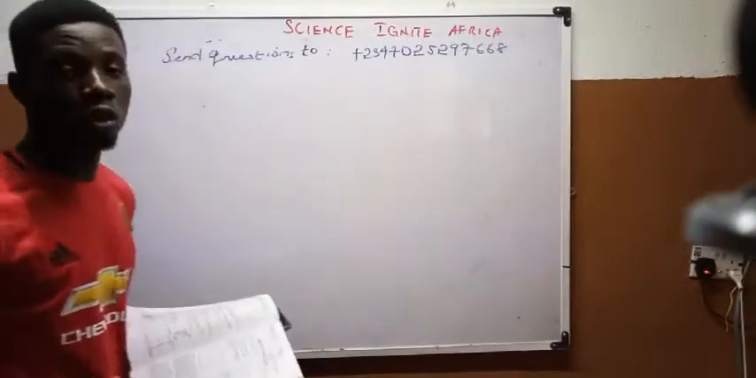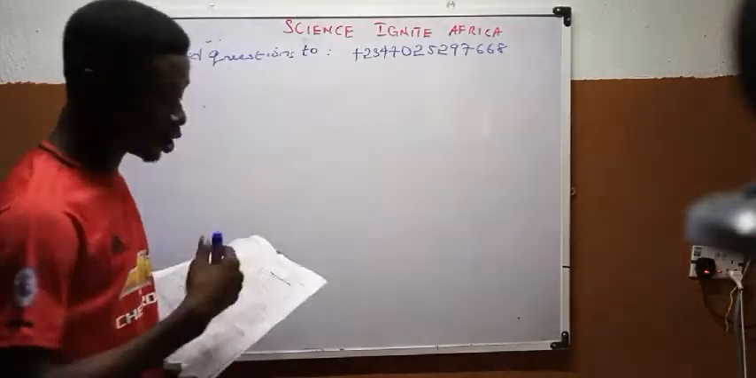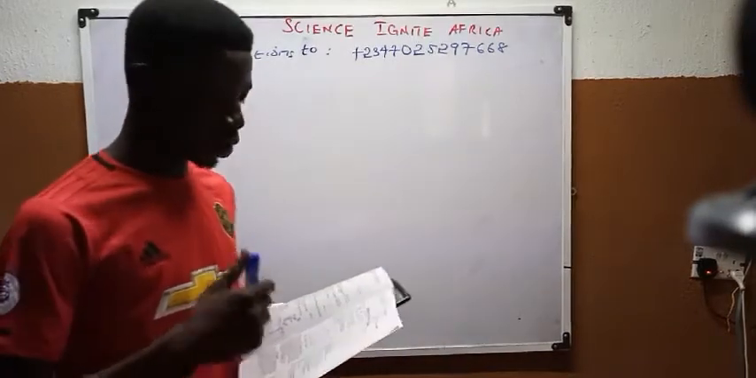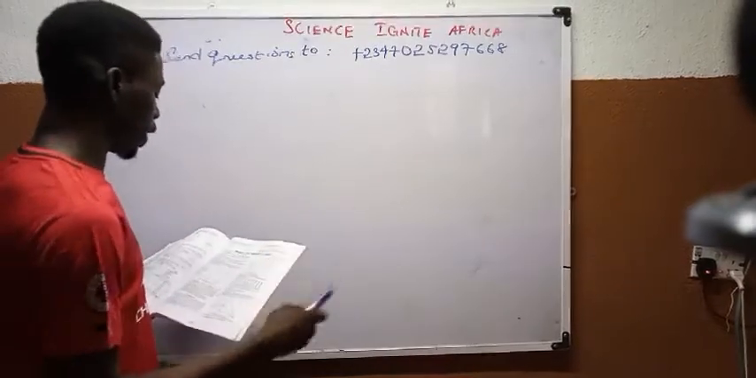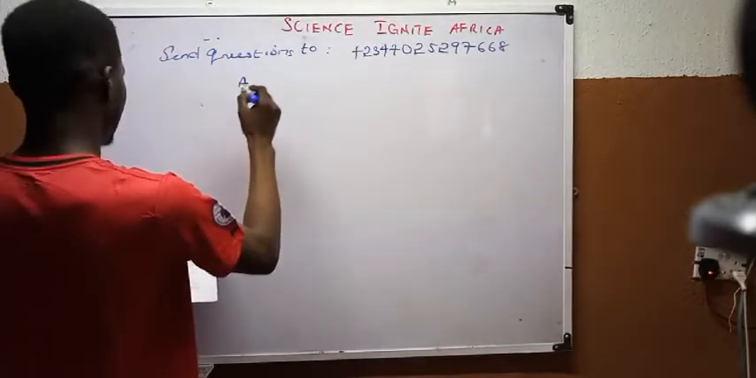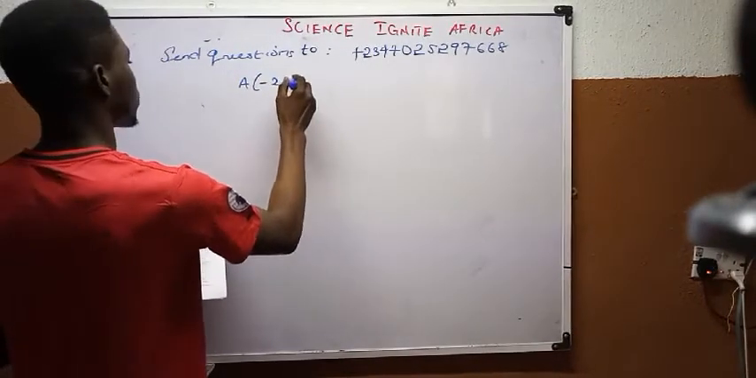So I have a question here. The question is on coordinate geometry. The question says, find the equation of the line. I'm taking it from the 2019 theory question 2a. Find the equation of the line which passes through the point minus 2, 7